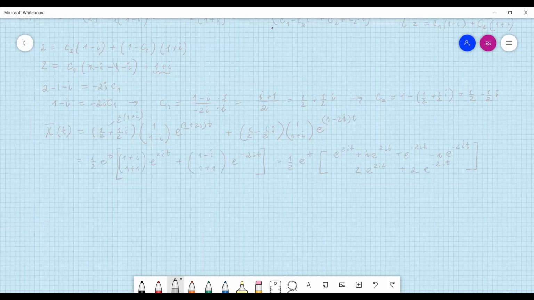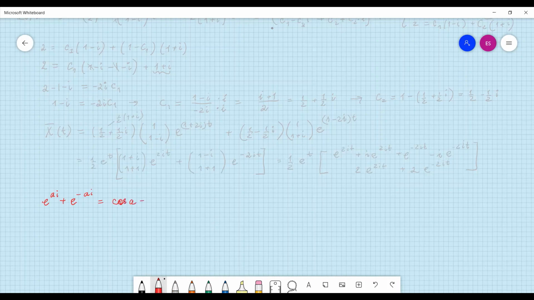Let me see. Where did I prove it? Okay, I'm going to do the proof in a different color and then use this. So e to the power of ai plus e to the power of negative ai is equal, using Euler's formula, as